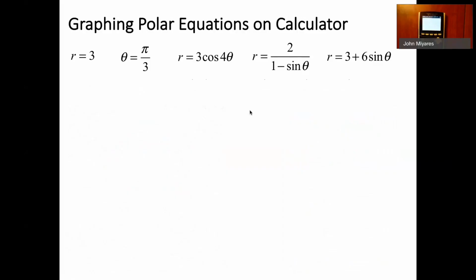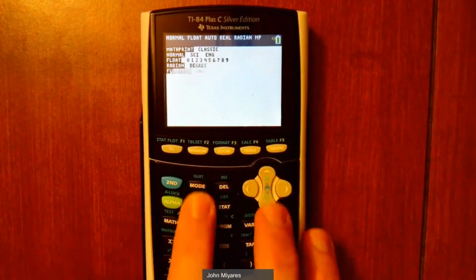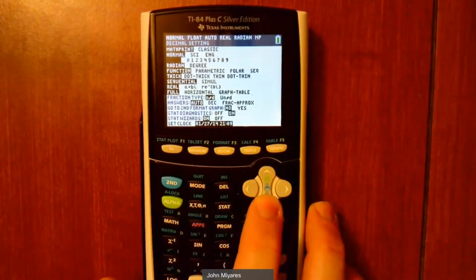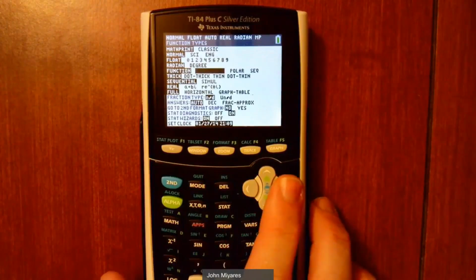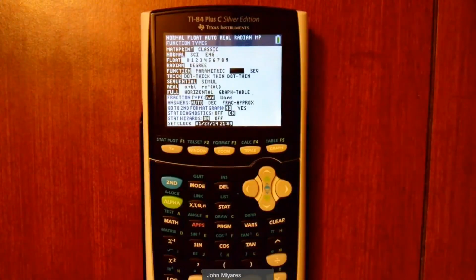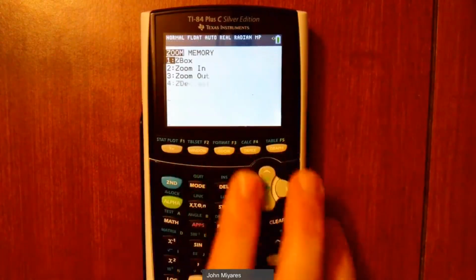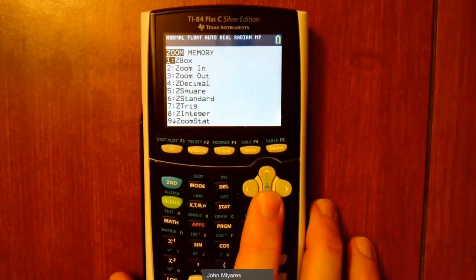Our graphing calculators have the ability to graph polar equations as well. The first thing we're going to have to do is set our calculator mode to handle polar equations. So I'm going to press the mode button and scroll down to where it says function, and then I'm going to hit the right arrow until I get to where it says polar and hit enter. Then I'm going to hit zoom trig, since we're working primarily with trig functions here,